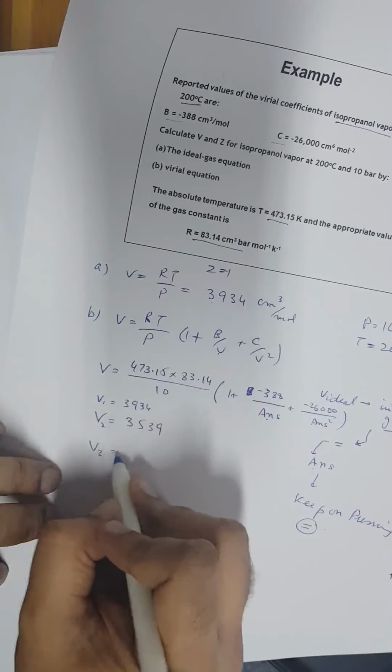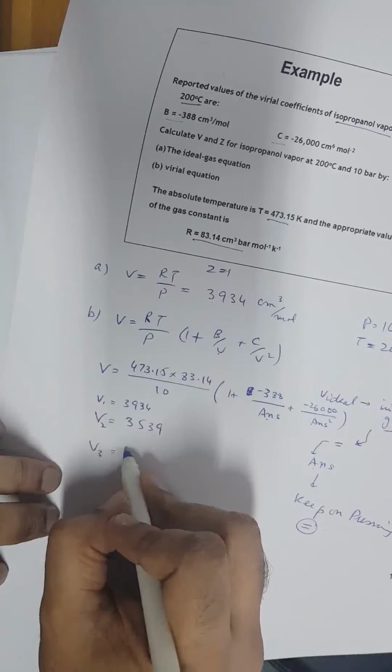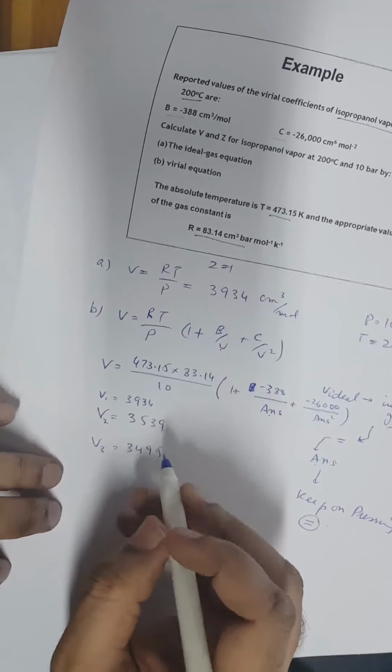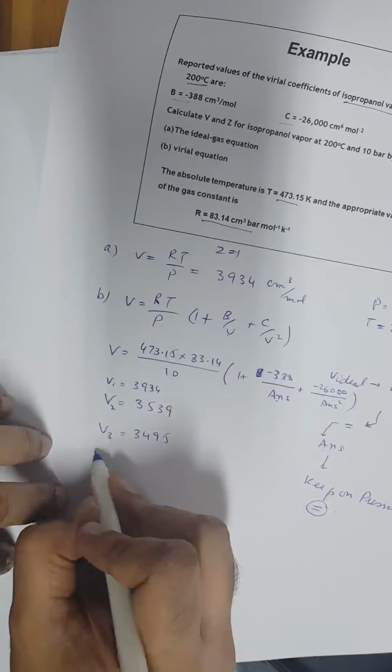V2, then V3, let's say comes out to be 3495. V4 3488 and V5 3488. When both consecutive values are the same, then